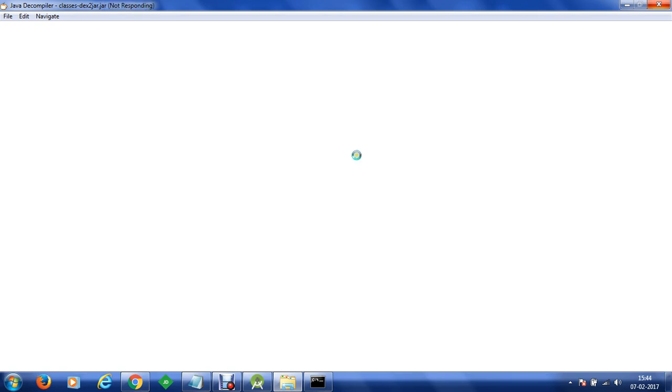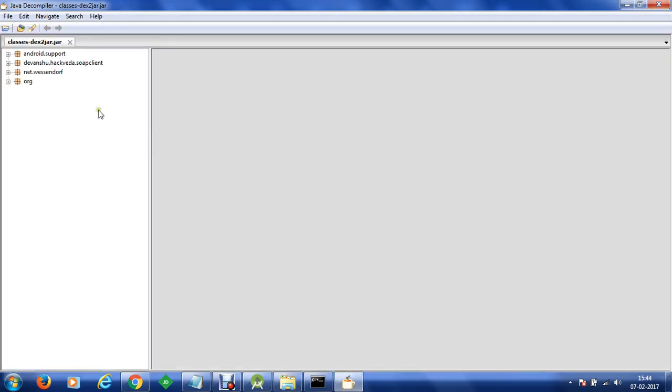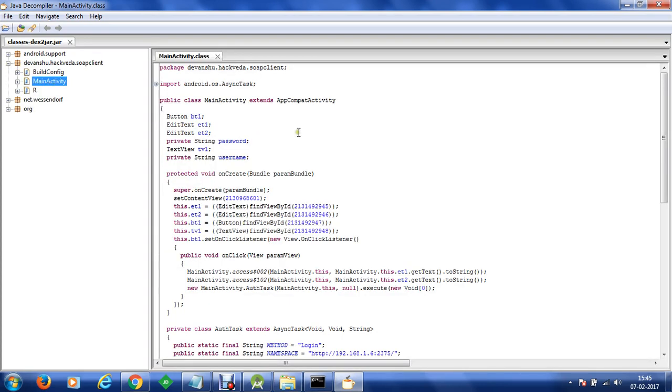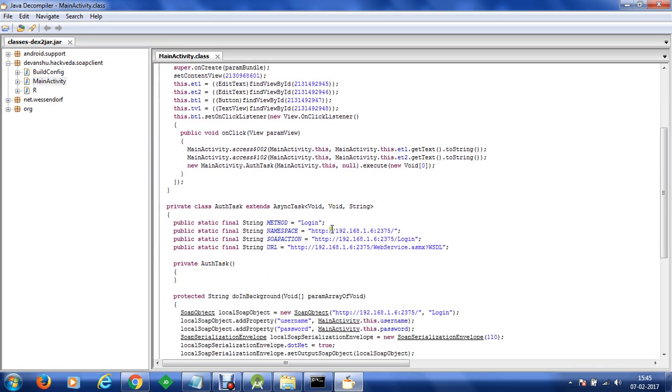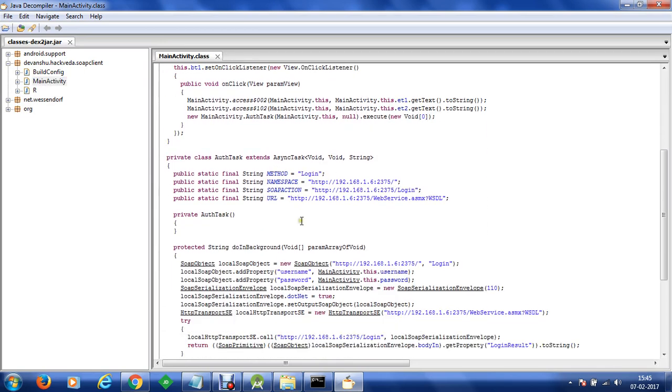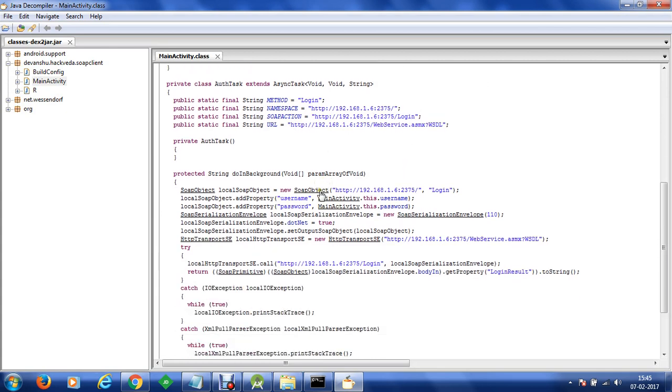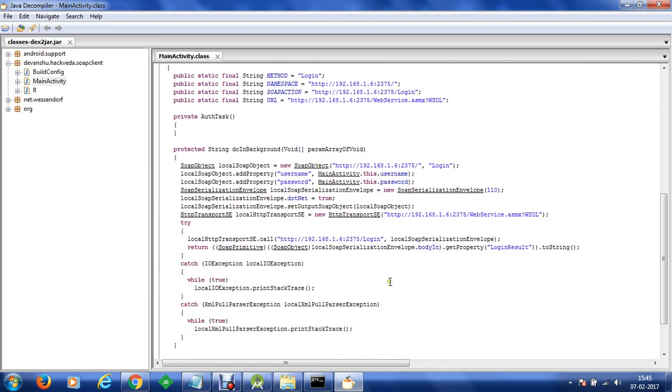Once the Java decompiler displays our code, we can see that within the application package devanshu.hackveda we have a main activity, and within this main activity you can see that we have got access to the source code. We're connected to the method, namespace, SOAP client, and all other information of the application is displayed here.